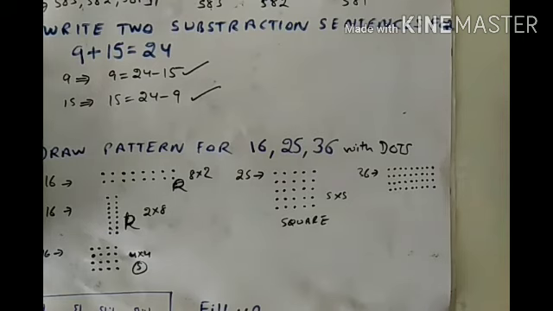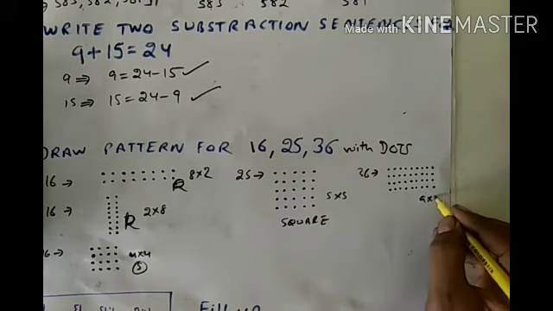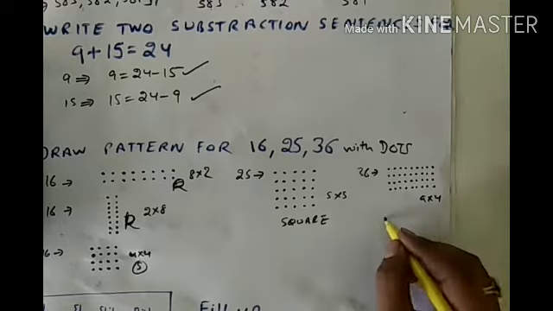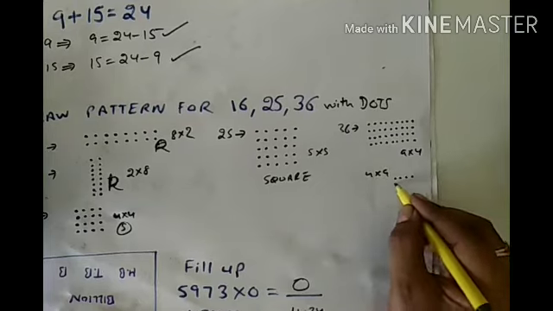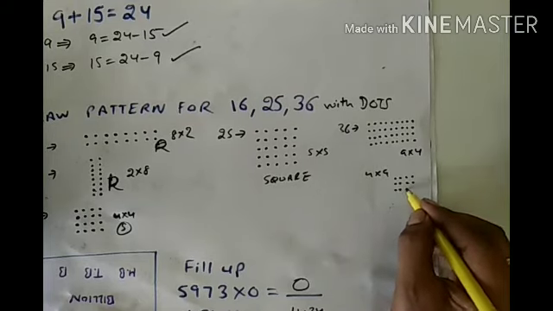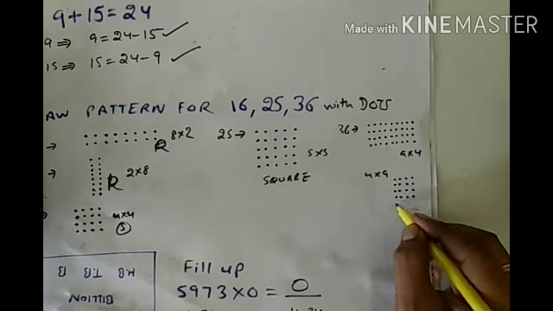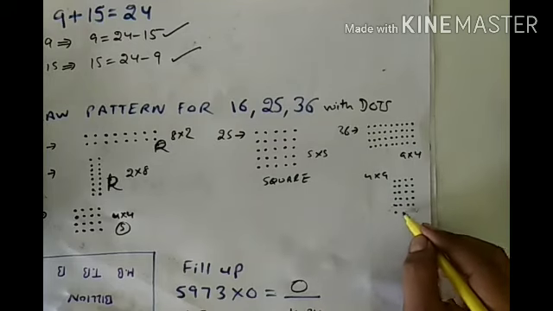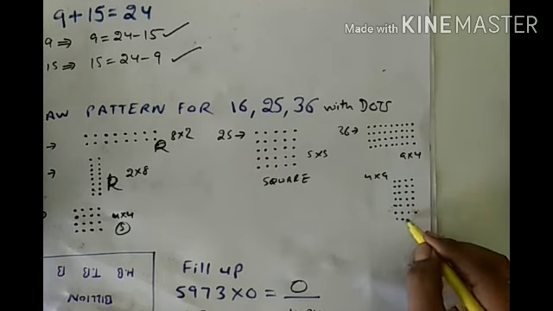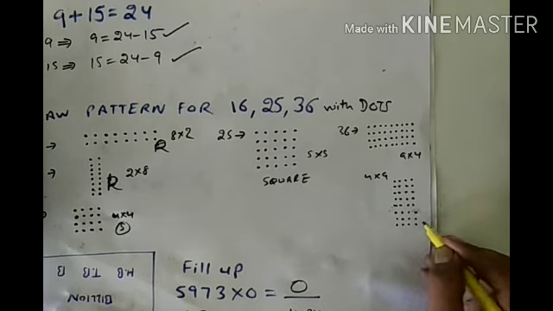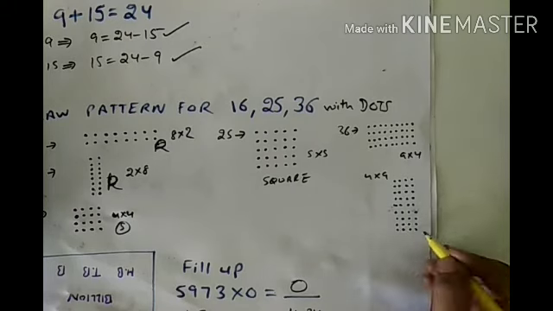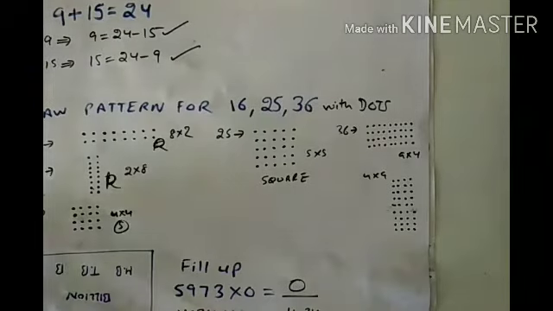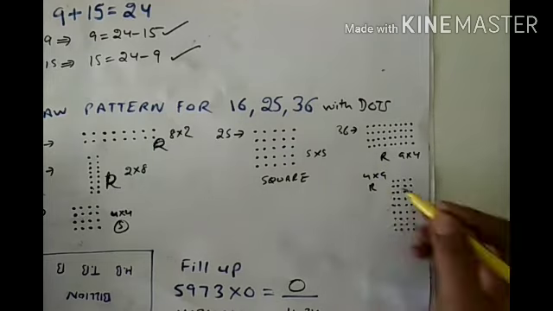You can make another pattern. This is the pattern of 9 by 4. Also you can make the pattern 4 by 9, just like 1, 2, 3, 4 in each row. Now one row is remaining, so I fill this. Now these 36 dots are completed here. You can see this is also a 4 by 9 pattern. This is a rectangular pattern, and this is also a rectangular pattern.